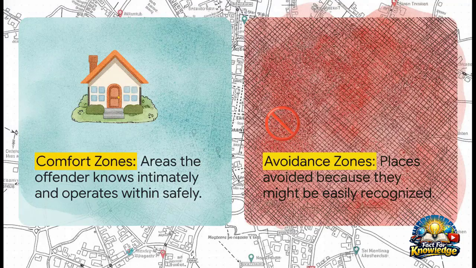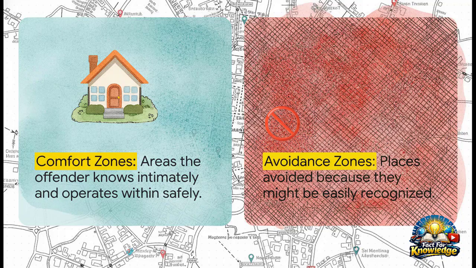Moving into part 4, geographic and forensic science, where we map the mind and find the proof. As we move the procedural arc forward into modern investigations, locking a suspect down relies heavily on science and geography. Crime locations tell a shockingly detailed story. Today, modern analysts literally map out the mind of a predator. They look for comfort zones, areas the offender knows intimately and feels safe operating within. On the flip side, they map avoidance zones, places the offender actively steers clear of because they might be easily recognized. And this brilliantly illustrates how analysts can map out these incidents to identify clusters, prioritize search areas, and allocate